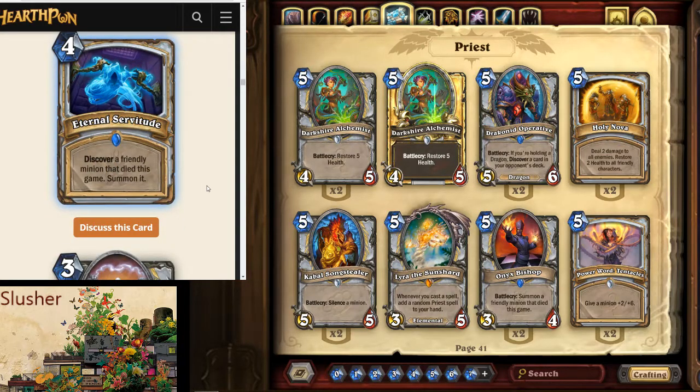Next card, 4 mana spell, Eternal Servitude. Discover a friendly minion that died this game. Summon it. This card is really good. I think it's a discover card, so it's in theory easy to not low roll it. Again, the quest is summon a minion, so this can be used in Quest Priest if that ends up being a thing. It also works